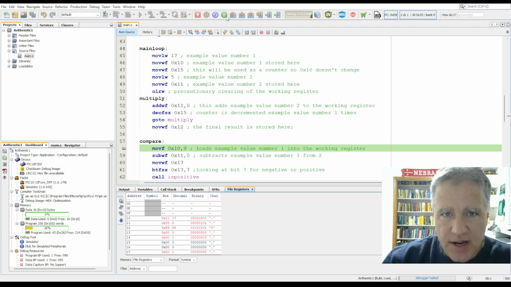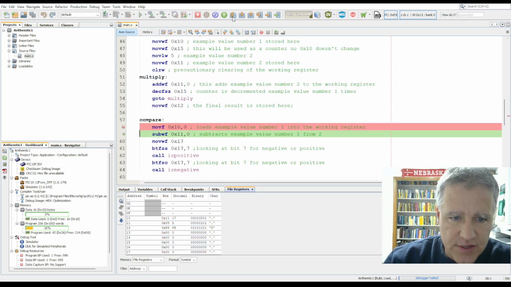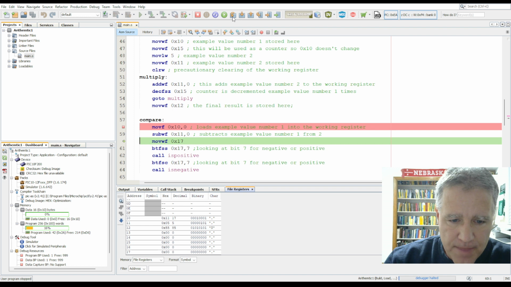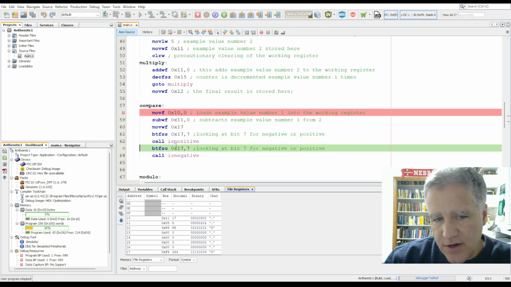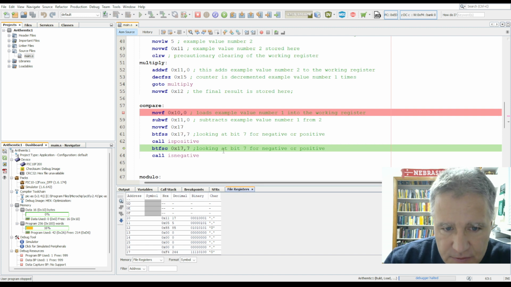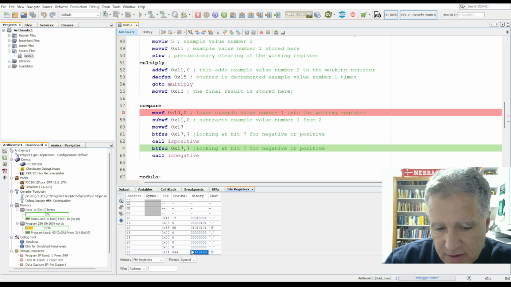Let's go to the compare now and just step through this. We can go a little quicker. So now we're going to step through. So notice here we skip now the is positive. We're going to look at this bit. So we're looking at bit 17. Here it is. It's a negative number, so that means that the leading bit is a 1. So this should